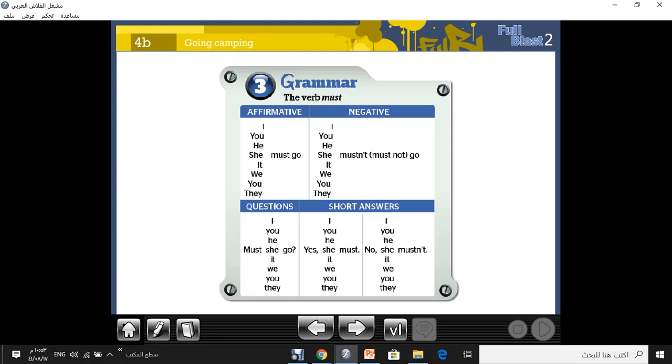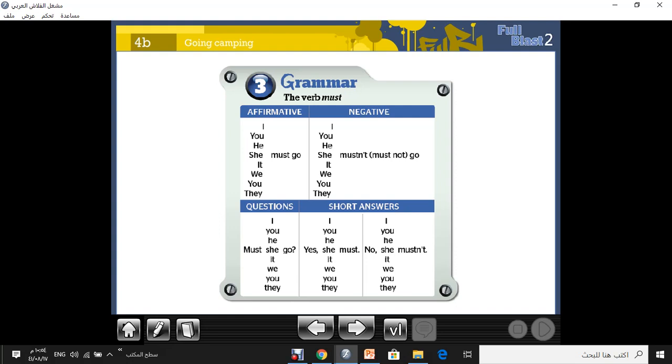The negative of must is mustn't or must not. I mustn't go, you mustn't go, he mustn't go, she mustn't go, it mustn't go, we mustn't go, you mustn't go, they mustn't go.